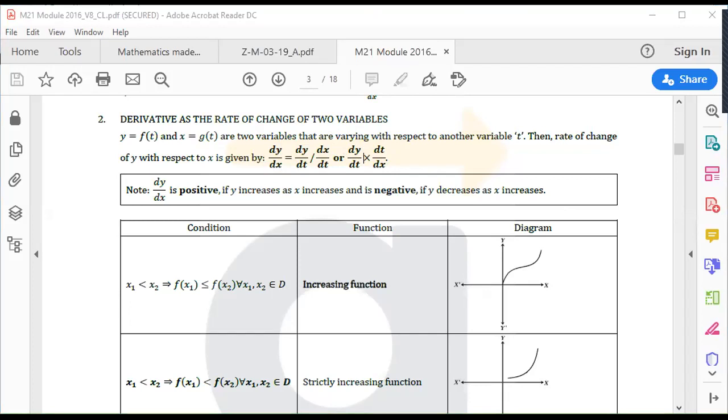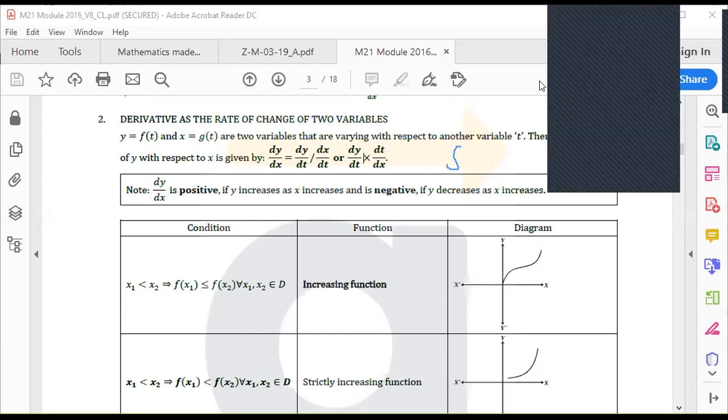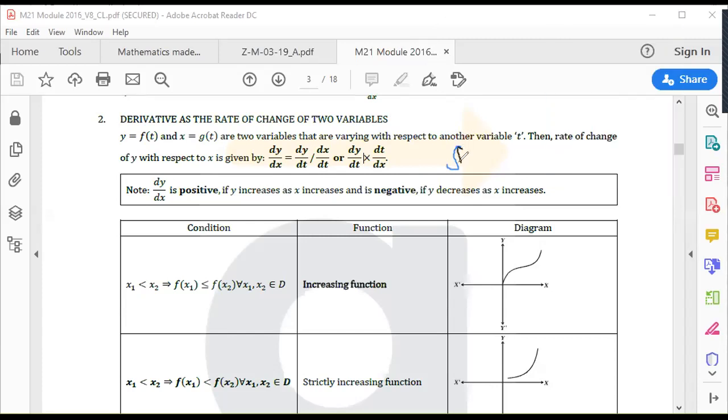But in chain rule, we do that, sir, converting differentiation into change. In chain rule, we only see differentiation, right? In chain rule, we just see that if we are given two different functions, then how to do that. If it is f of u and u is also another function of x, right?